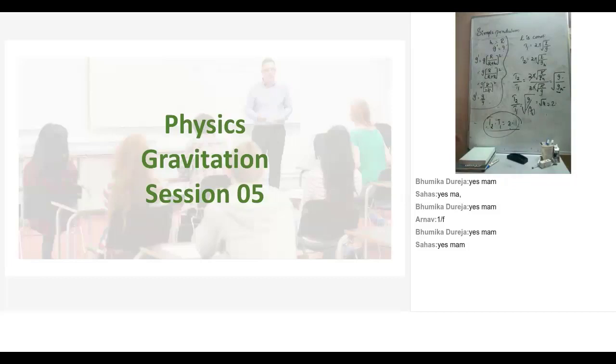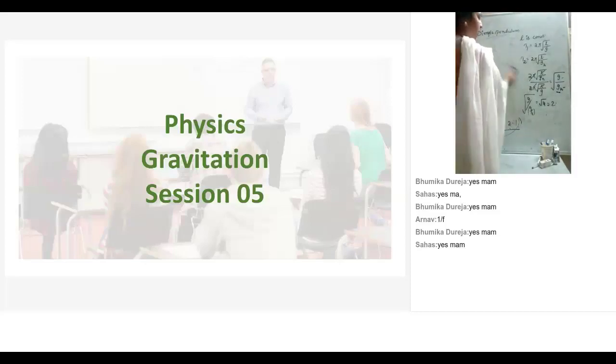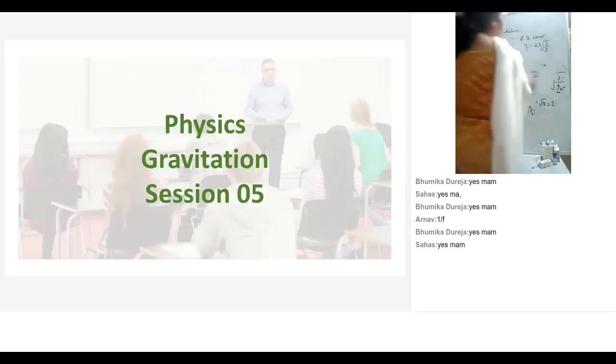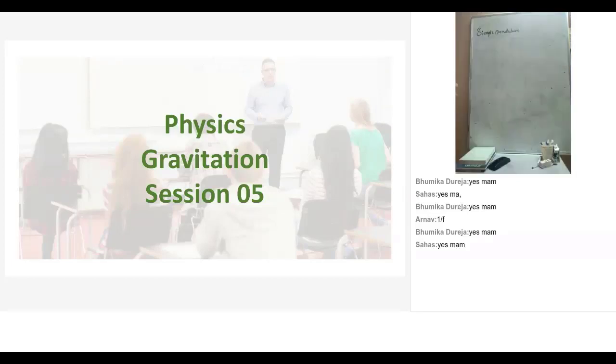Exactly. Arnav, we have seen 2 formulae to calculate the new acceleration due to gravity at a given height. One formula can be used in any case, but the other can be used only when h is very much less than r. If you can remember, I have used the first one because that can be used for any height h. So I have taken that and found that the new acceleration due to gravity value is 4 times lesser than the original one. So shall I proceed to the other concept?